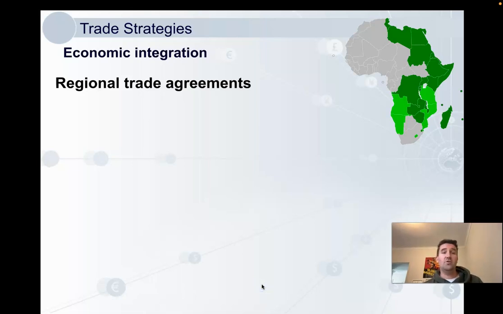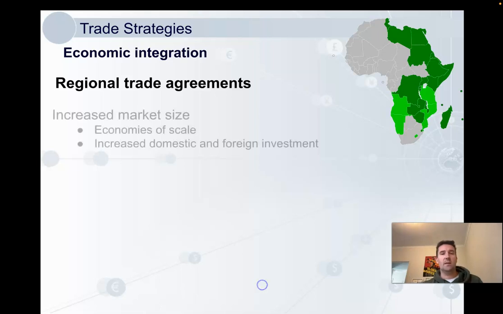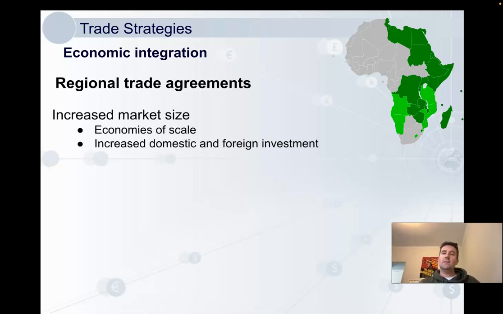Okay, another trade strategy is economic integration. So regional trade agreements are thought to be quite useful here. What it does is it increases the market size of any one company within the regional trade agreement. So instead of just having people from their country buy it, they've got people from lots of other countries buy it. So they can get economies of scale,